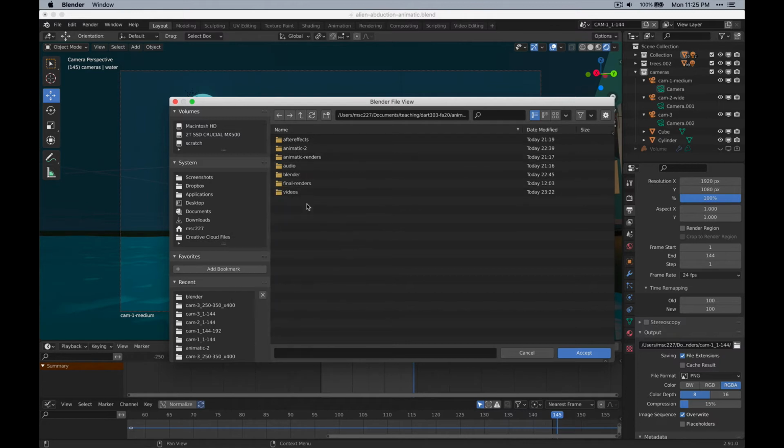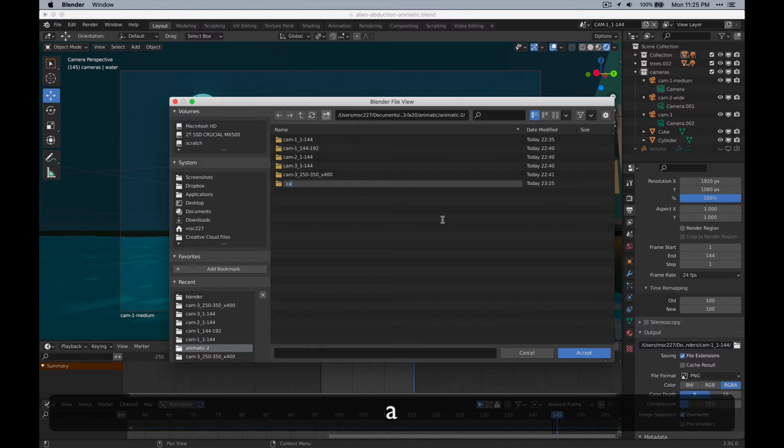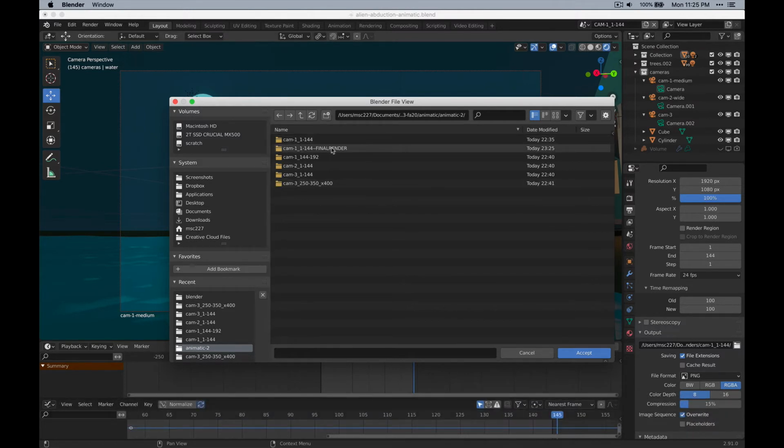But what you could do is make a new folder and call it final renders, or we could make a new folder called cam1 underscore, spell it right, and then we could have something like final render. And so this could be the same exact scene with some additional animation completed to make it final, and with the final render quality configured. And then you could save it into this folder. So if I click accept,